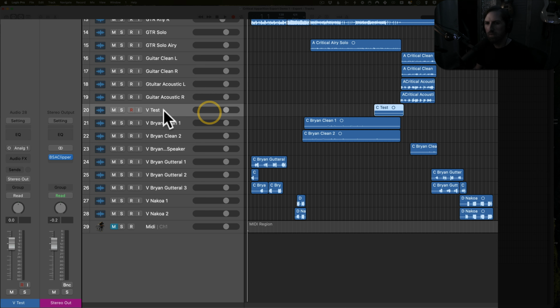Okay, so this is cool. So these are all vocal tracks. I'm going with a V because that just lets me know it's a vocal track. I'm not really sure there, but this is pretty